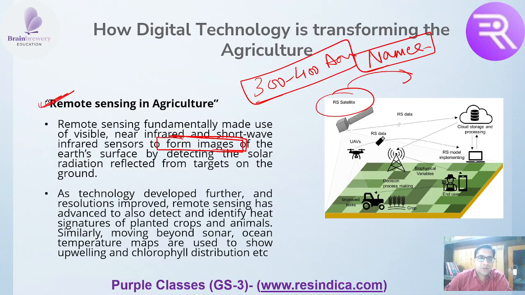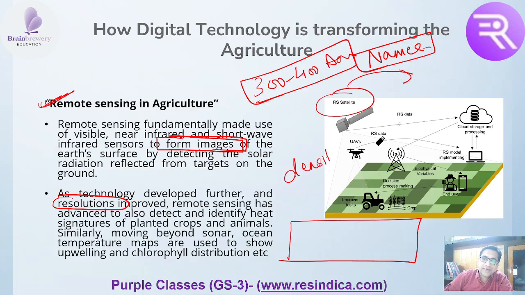So this technology further improves the resolution. It provides very good resolution, better image quality, and very good sensing power. They will be able to detect and identify the planted crop. They will be able to find out the animals, like if we wanted to find